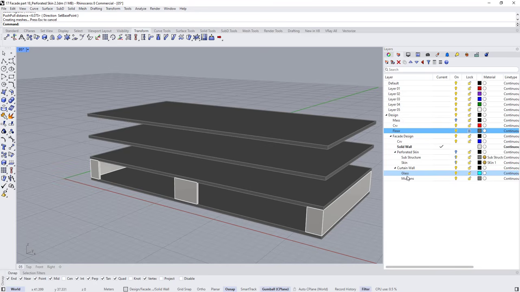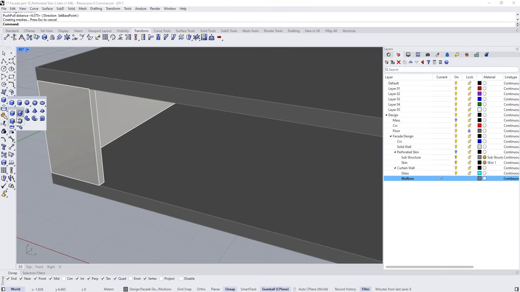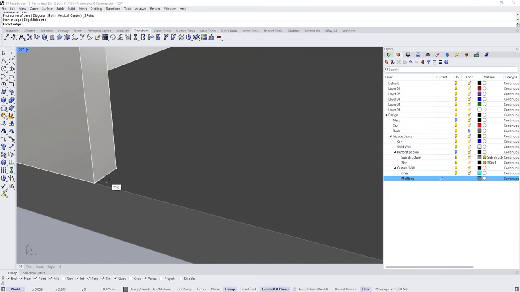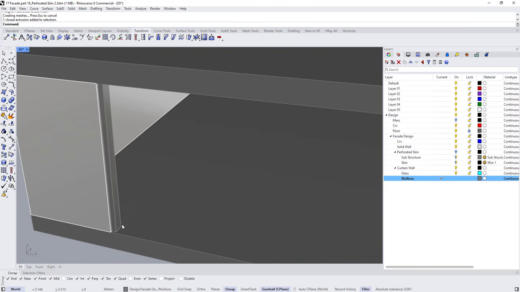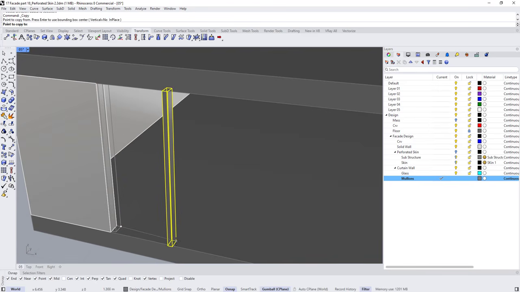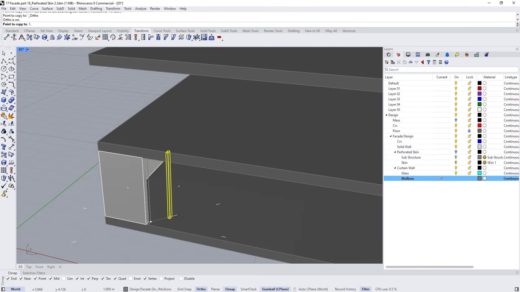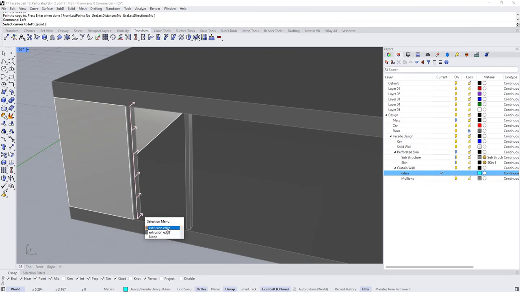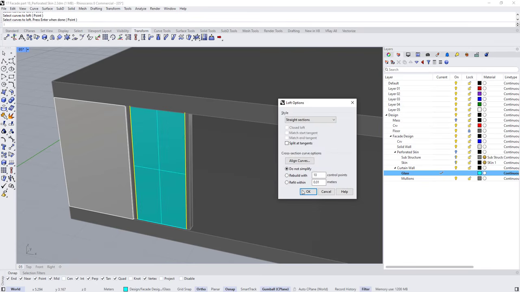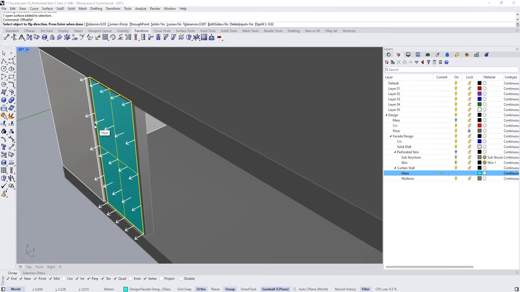So for the glass, double click to select the mullion layer, and let's create a 3-point box here with a value of 0.2 and 0.15 or maybe 0.1 and a height like this. Select it, create a copy, press F8 to open the ortho, and the distance is going to be maybe 1.5, 1.5. Now select the glass layer, type loft, from this curve to this curve, right click, press OK, type offset surface, choose outside, the value of 0.02,